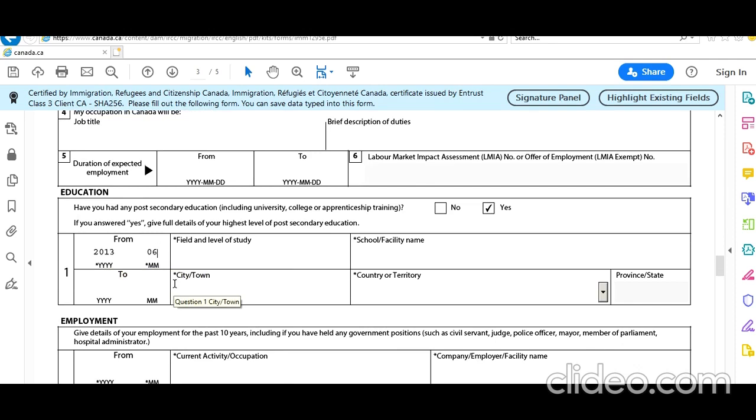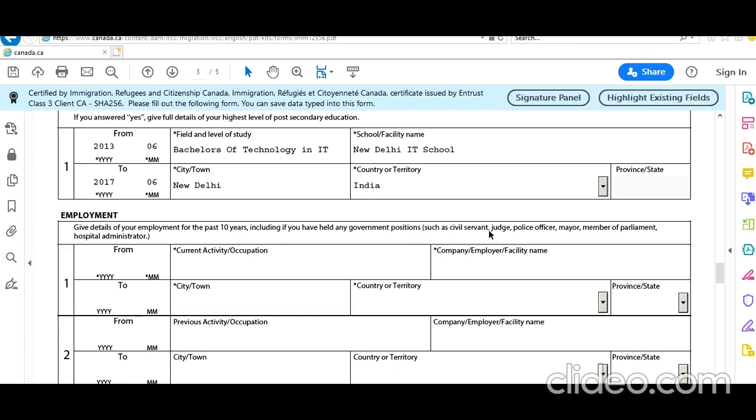Let's say he has done bachelor's of technology in IT, school New Delhi IT school, from 2017, city New Delhi, country India.